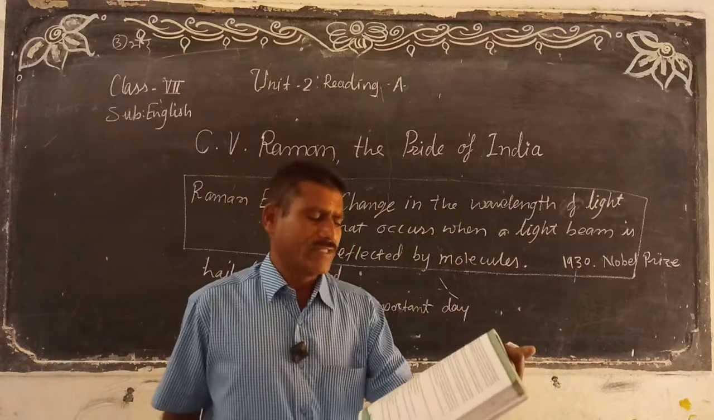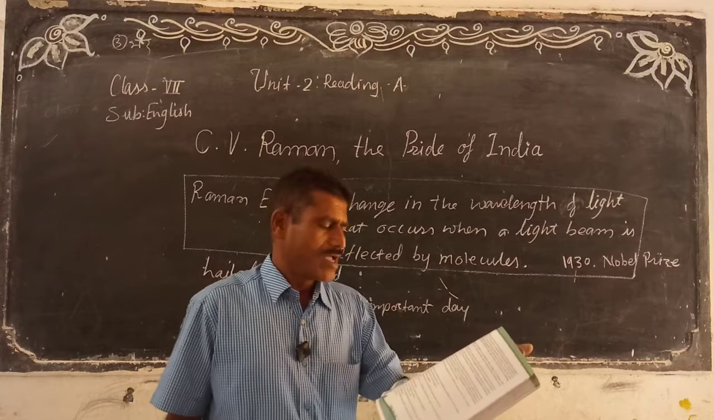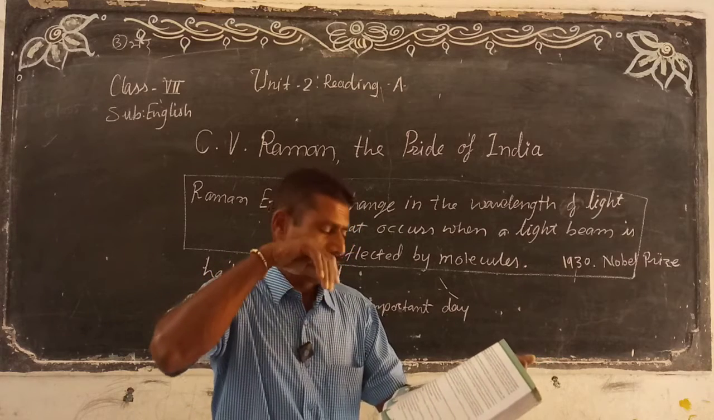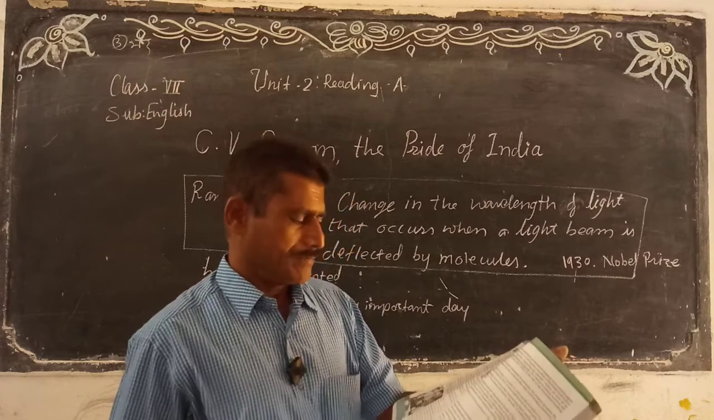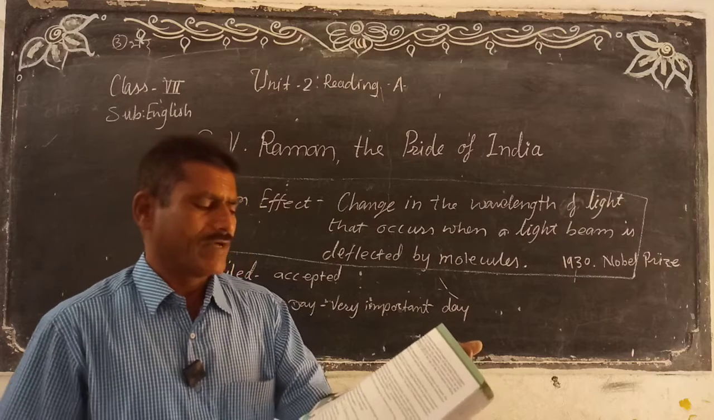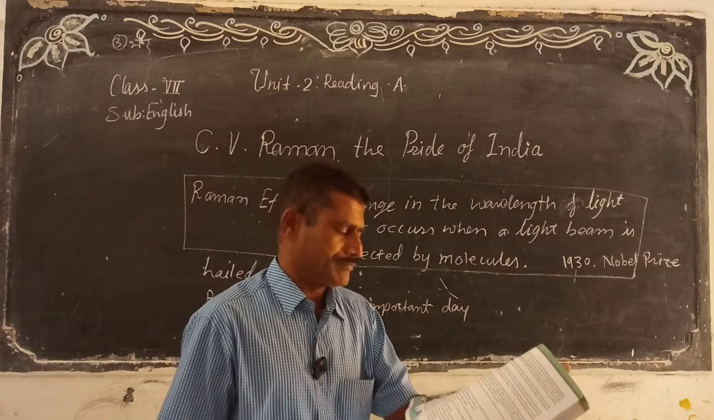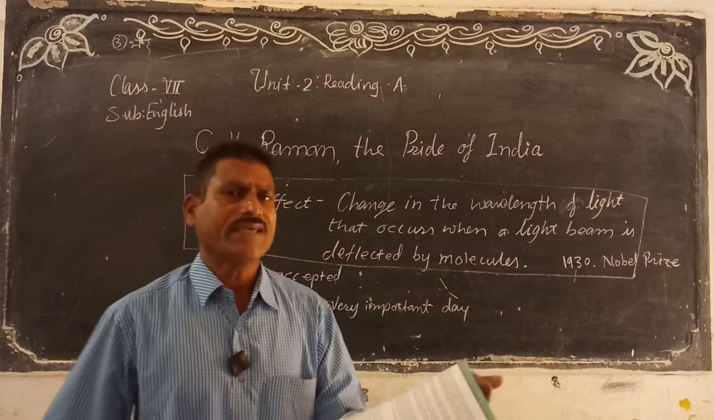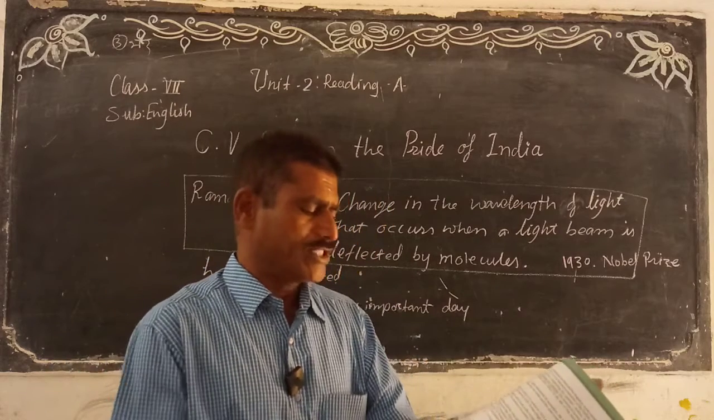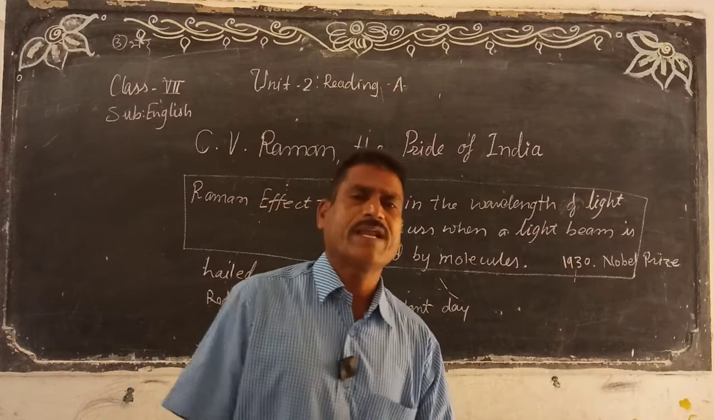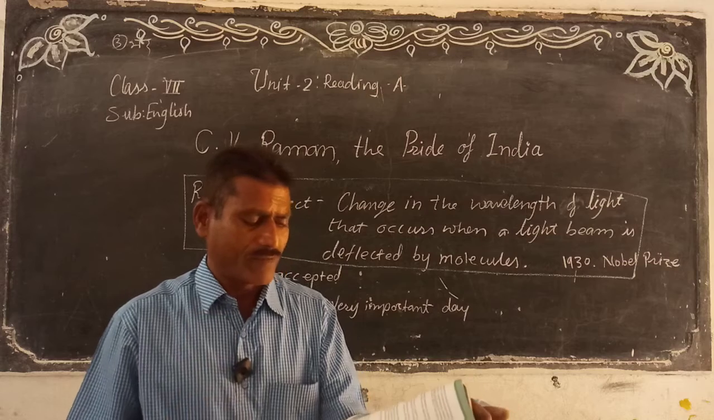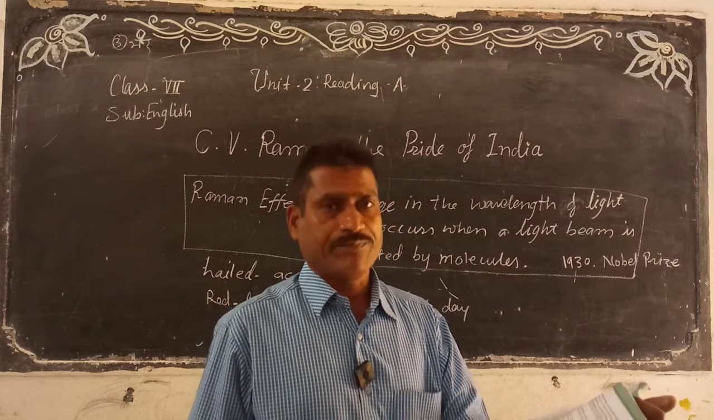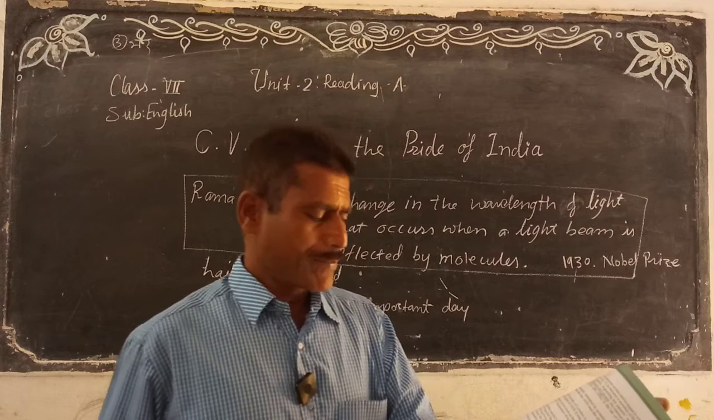Raman was born on November 7th, 1888 at Tiruchirappalli in Tamil Nadu. This is about C.V. Raman's parentage and his biodata. His father was a physics teacher in college, meaning a lecturer in physics. He was a brilliant student right from the start. Who was a brilliant student? C.V. Raman. When Raman passed his matriculation, meaning 10th class, SSC,